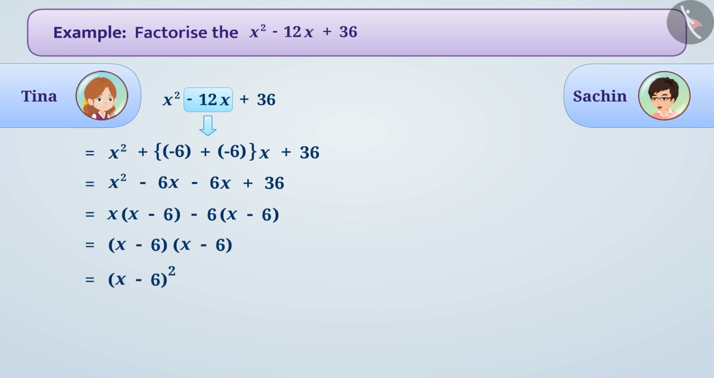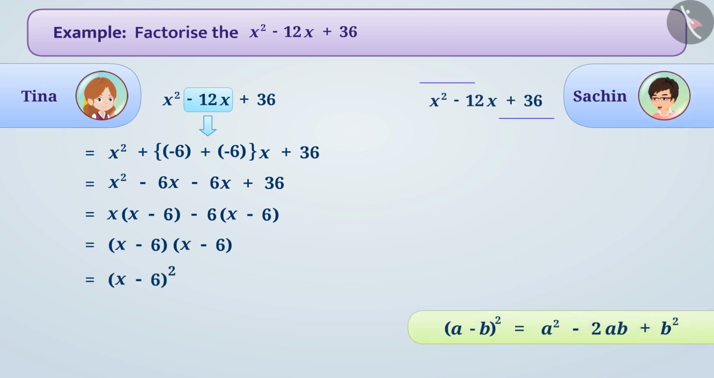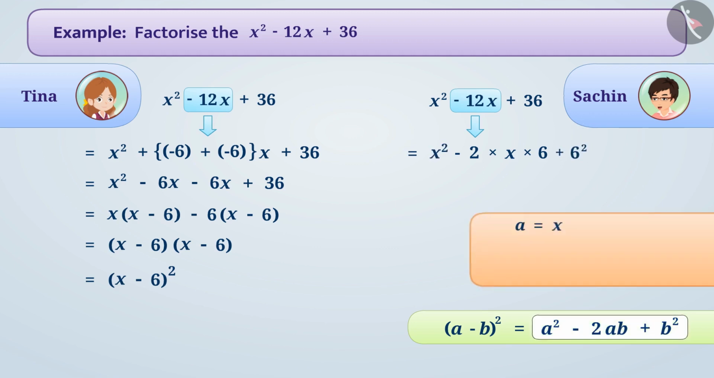Instead of solving like Tina, Sachin used identity to factorize the given expression. In this expression, the first term x square and the third term 36 are both perfect squares. Sachin wrote the second term minus 12x as minus 2 multiplied by x multiplied by 6 and wrote the given expression like this. The expression corresponds to right side of this identity where a is equal to x, b is